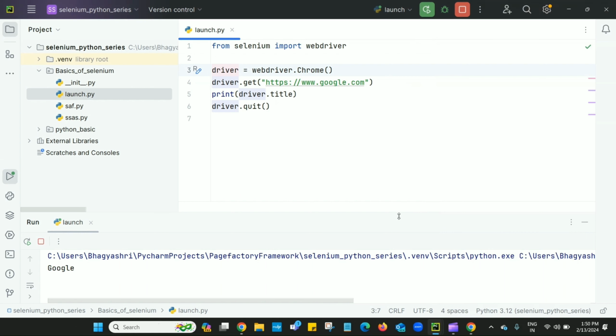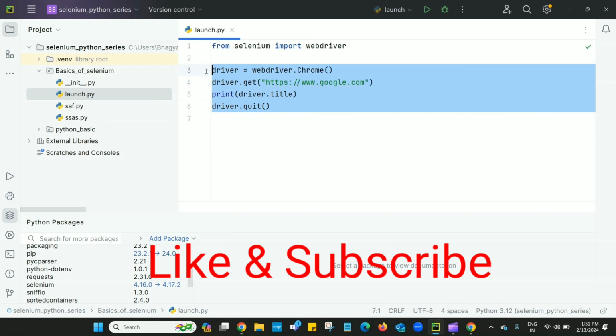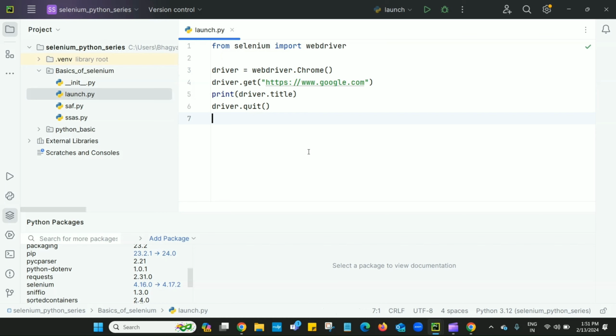Here Chrome driver is launched, the URL is fetched and the browser is closed. This works by using Selenium Manager, meaning we have used a Selenium version greater than 4.6, which is 4.16. So by using Selenium Manager also we can launch the browser without passing the executable file path.